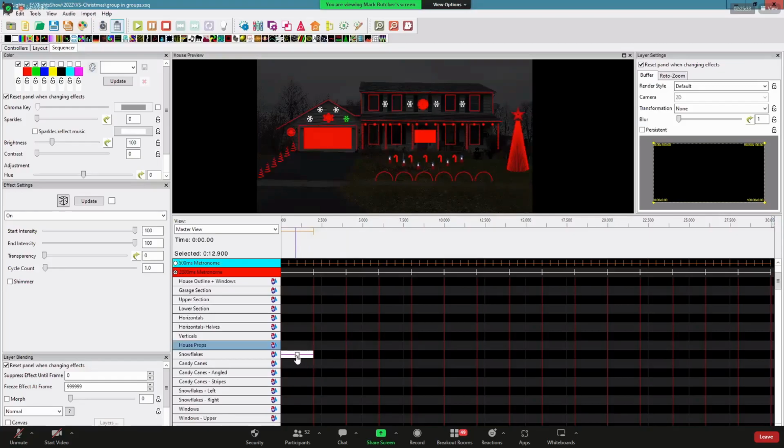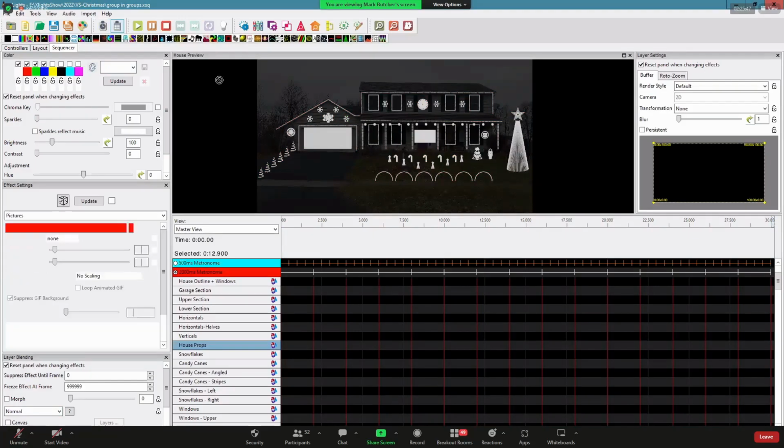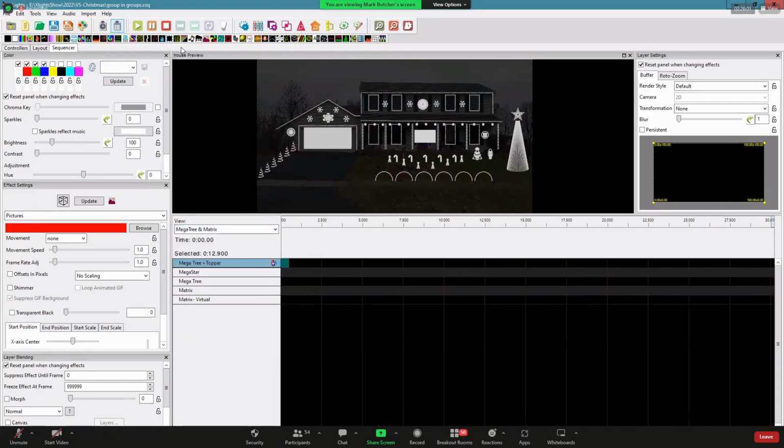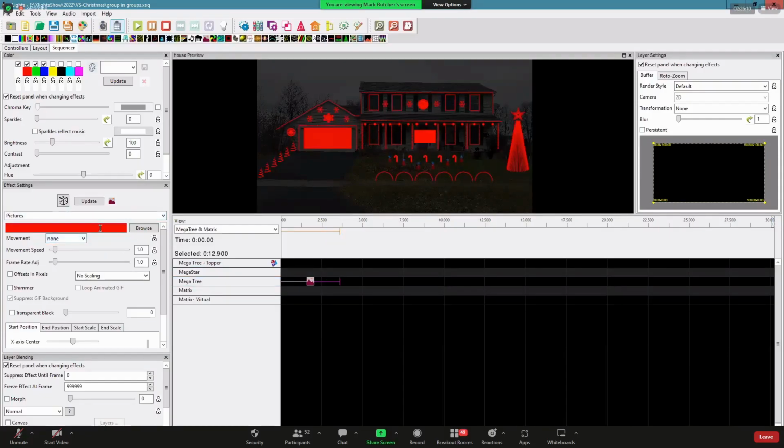I do have a question, and I don't know if it's just my setup or what, but if you drop in an image, which is right next to the pinwheel, the image effect. What are we dropping it on? It doesn't matter. Let's just put it on the matrix here. If you notice in the effect settings window, where you would go and pick your JPEG, your GIF or whatever, that is red. And if you click on browse and go find something.